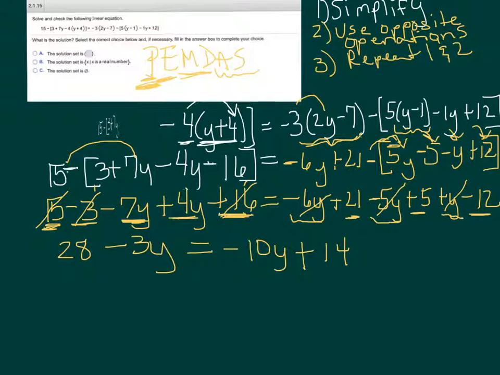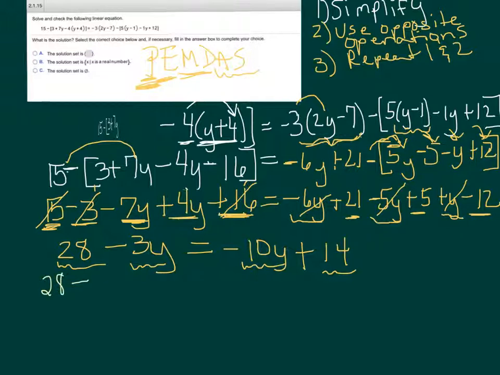For example, since I'm trying to get to my variable, I have some y's over here, but I also have some y's over here. So I need them on the same side of the equal sign. Also, I need to put my numbers together, right? Those need to go together as well, because if I have a variable on one side, then all the numbers are going to be on the other side. So I'm going to add 10y to both sides. And when I do that,